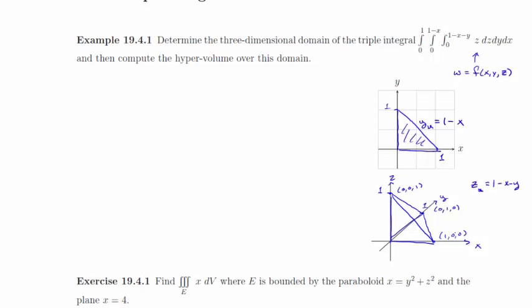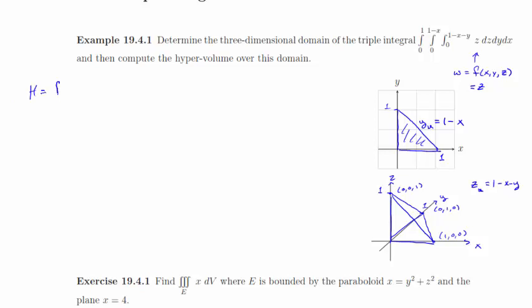We actually care about finding the hypervolume of the four-dimensional region over this three-dimensional space and under w equals f of x comma y comma z, which is just z. So keep in mind, we're getting a hypervolume here. So our hypervolume,